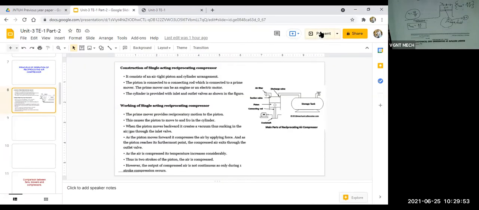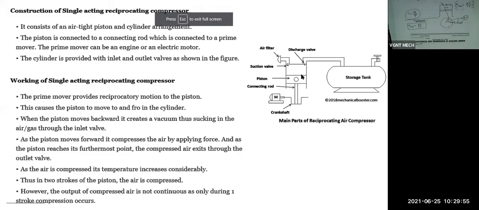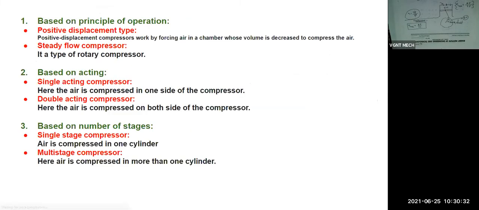In this figure, how does the compressor work? First, to start the compressor, we have to run this motor. When this motor rotates, the crankshaft rotates. So the input power for this compressor is this motor, and this input power we are supplying to the crankshaft. Normally in the crankshaft we get the brake power. So in case of a compressor, the input power becomes brake power.